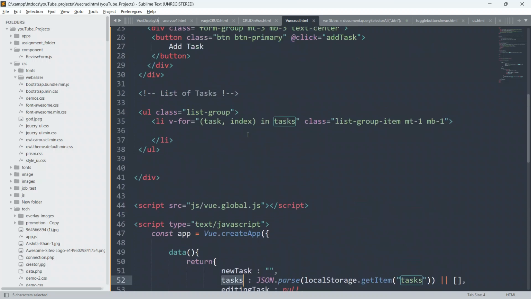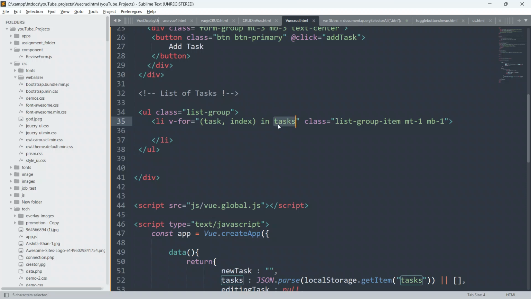So guys, I have already explained you v-for is used to loop through any array or object of array inside vue.js, and this v-for will exactly work like a for loop inside JavaScript or for each loop inside JavaScript.